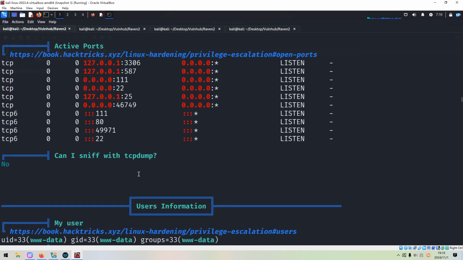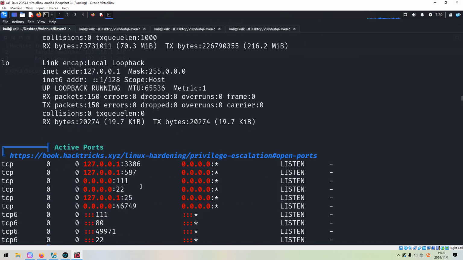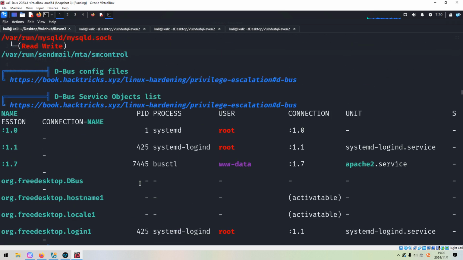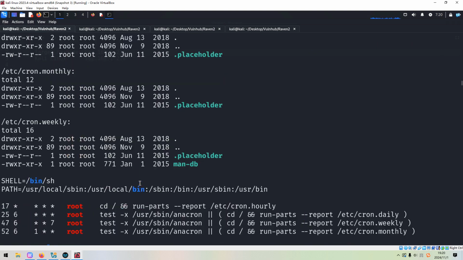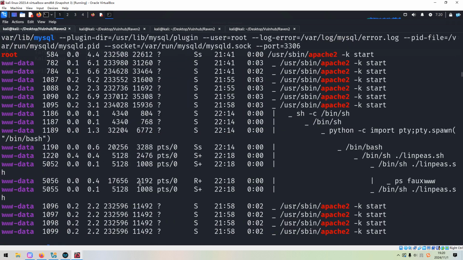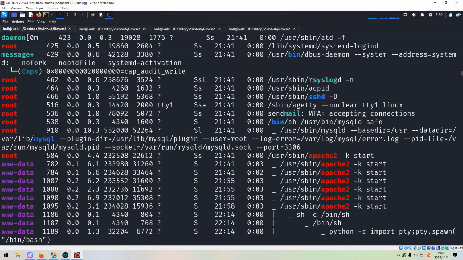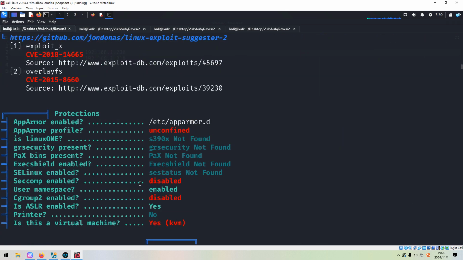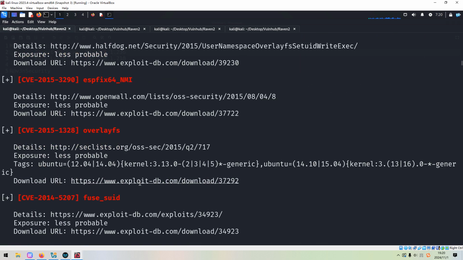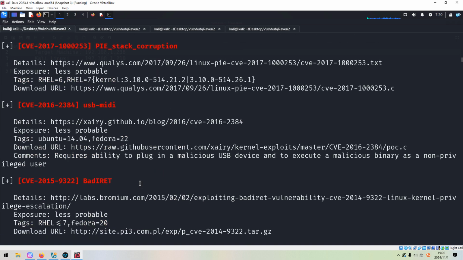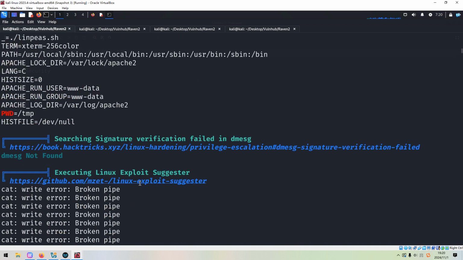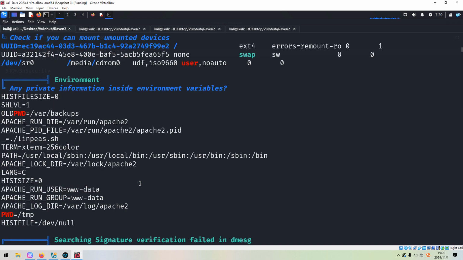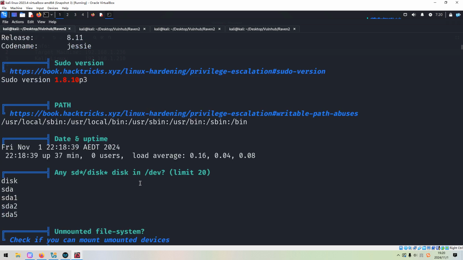User limbs, active ports, cron job, processes, some local exploits, because I think the kernel is outdated, but I'm not going to take exploit of a kernel to elevate privilege.